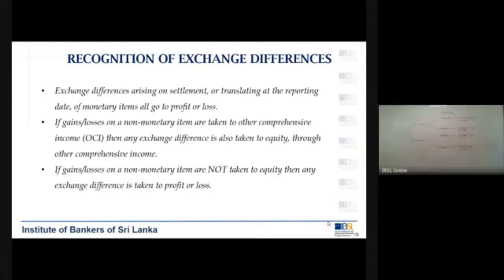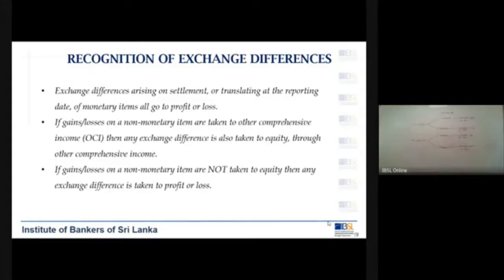Right. Now, what we looked at on the board a short while ago is where you do a revaluation of your foreign currency assets and liabilities. If you are a bank, you will revalue all your foreign currency assets and liabilities. Straight away there will be an exchange gain or loss on your monetary assets, which will be taken into the P&L. In the P&L, you will have one line called foreign exchange gain or loss from revaluation. Okay, but now we are talking about something slightly different.